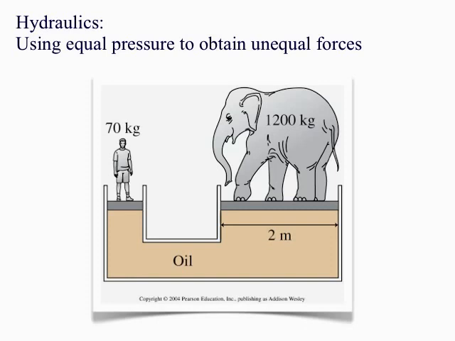is an elephant standing on top of a much larger platform. We'll say he's standing on a rectangular platform of 2 by 2 meters. So the elephant has a weight of 1,200 times g, so roughly 12,000 newtons, pressing down on a larger platform. But since the platforms are at the same level atop the oil, they must be at the same pressure. So in essence, the weight of the human is applying a pressure that must be the same as the pressure created by the weight of the elephant.